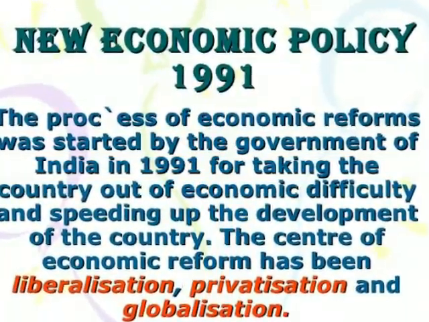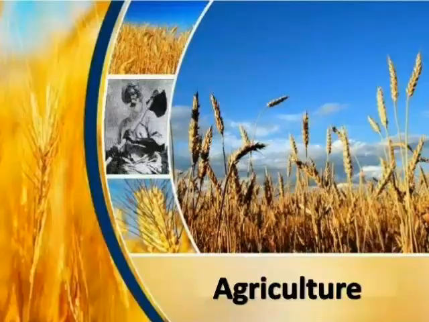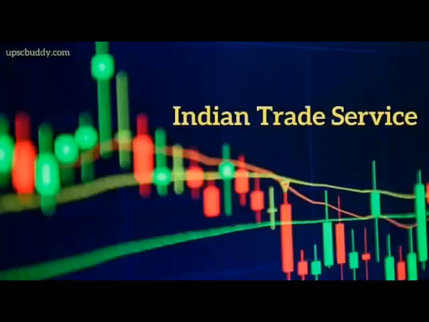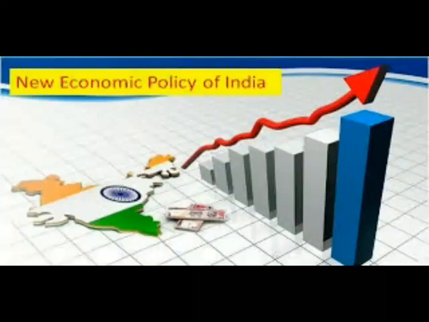Basically, before the 90s, in the previous chapters we discussed the Indian economic problems, that there were various problems in the agriculture sector, industrial sector and foreign trade. Due to all these issues, India had to initiate reforms in the year 1991 for improvement and growth in all these three sectors so that India can achieve better. India was having so many crises in the field of foreign trade, industrialization, agriculture and all. So India wanted to get rid of all these things, and we initiated economic reforms in the year 1991.